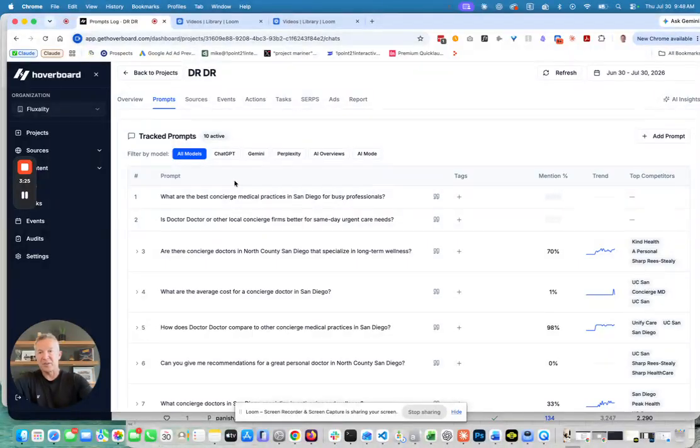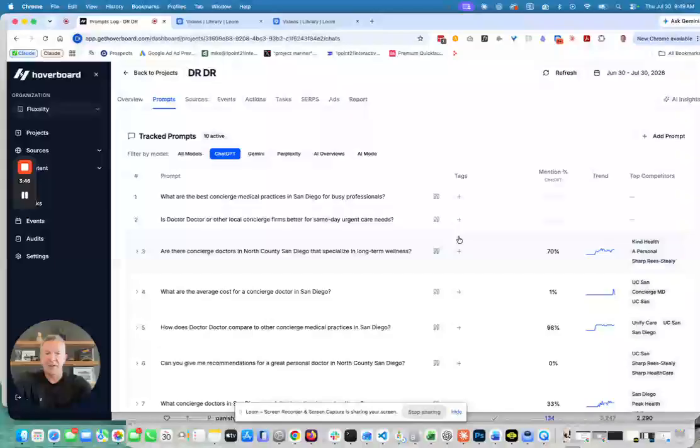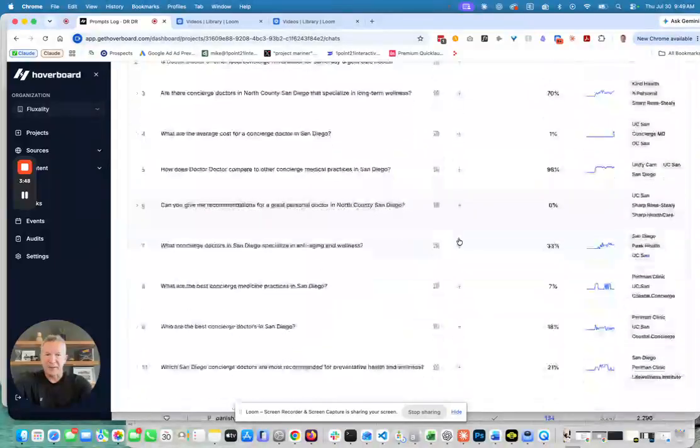But Gemini is quickly coming up, and a lot more people are using Gemini these days. Google has a big advantage in that they have their AI overviews when people use Google search. There's AI mode, which is also embedded now into the Google search application. So that is going to continue to climb. So these are the two models that really we want to focus on. But let's say we want to focus on ChatGPT, and we see, okay,